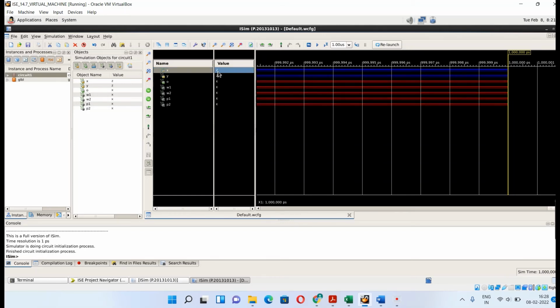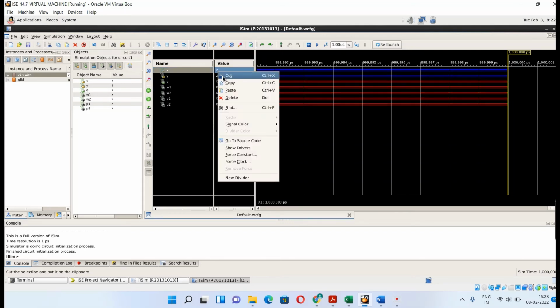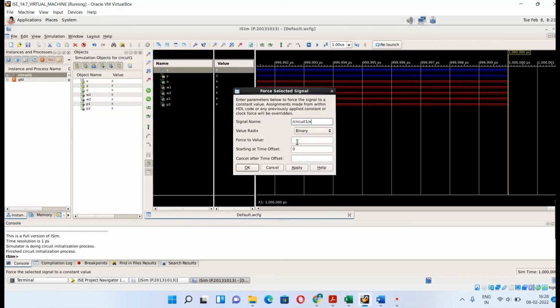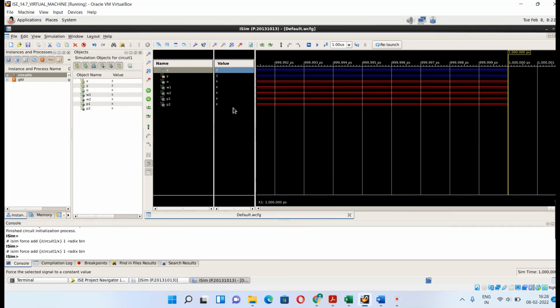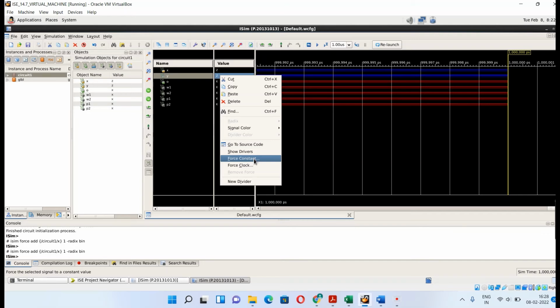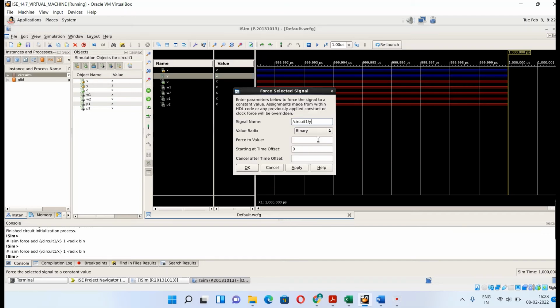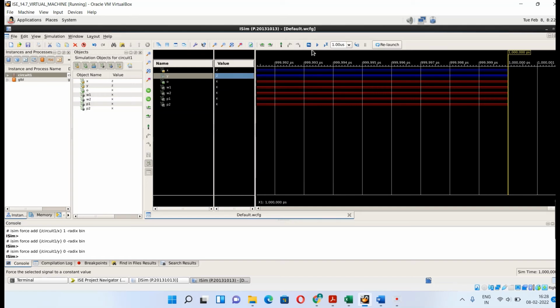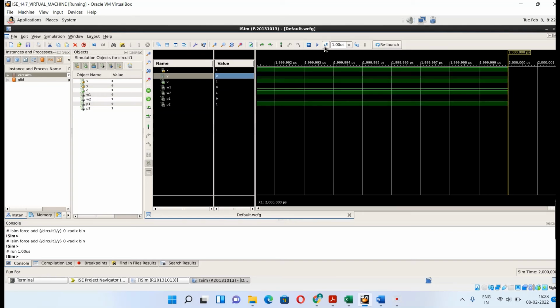We'll give the force constant. The radix is binary. We'll force the value to 1 and apply OK, and force the second value to 0 and apply OK, and then we'll run.